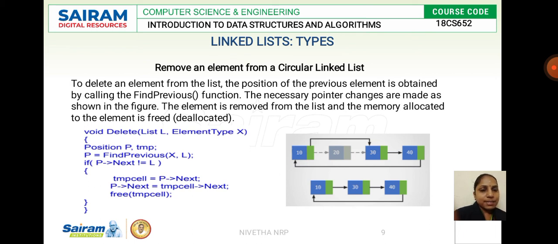That is what temp cell will be, your P of next. Unless you get the element to be deleted in a particular node, you keep on incrementing and you disconnect the link, and you regenerate the link by giving P of next equal to temp of next. So while you do this, a new link will be created, and finally you will be freeing the memory space allocated for the temp cell.